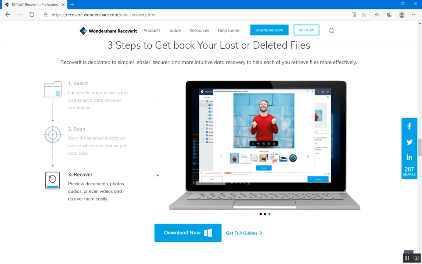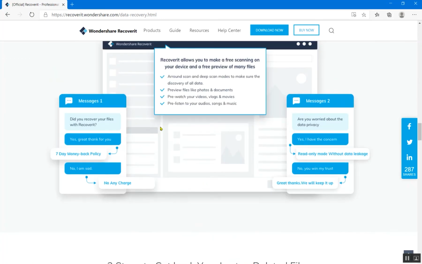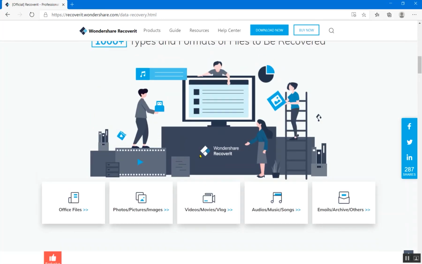You can preview the selected data and review it. It could be any sort of data, your documents, photos, audios, or even videos, and recover them easily by just clicking on the recover button.